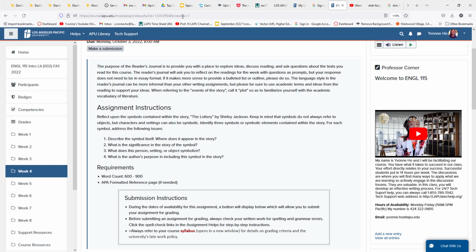The other symbol is an object, and let's see, that's 2 out of 3. So one is a person, one is an object that I can think of, and I think the third one could actually just be the title of the whole tradition. What does that symbolize? Why did Shirley Jackson